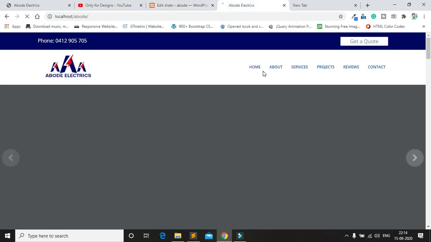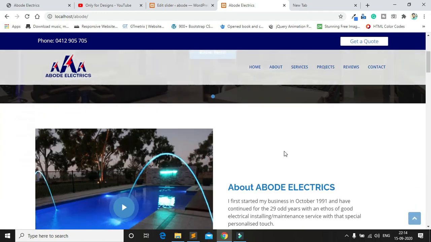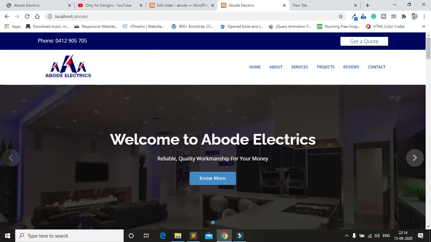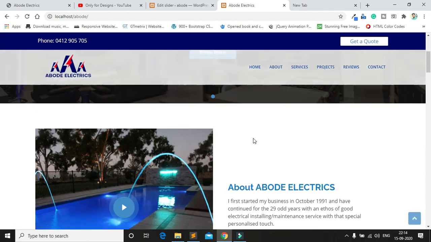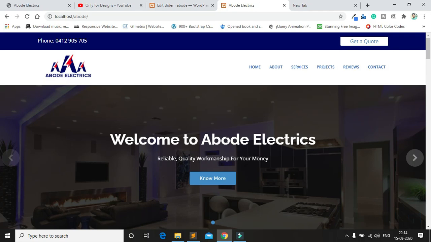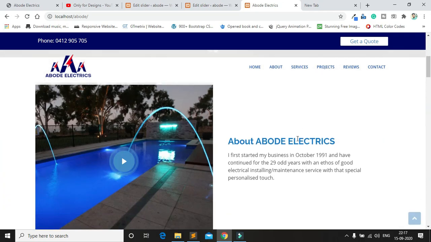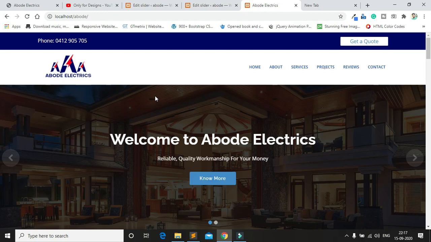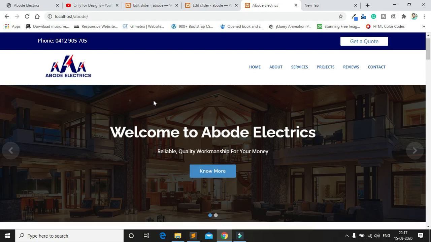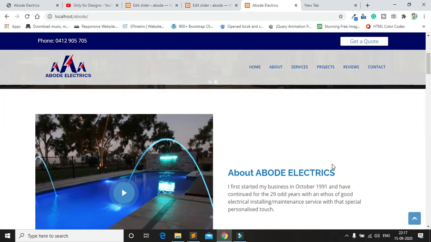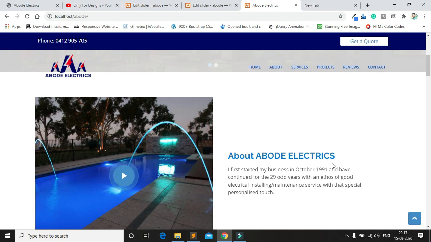Now I refresh here. You can see my slider is dynamic now, okay. So I've done the slider part also. So now you see I made the slider dynamic. Now I end this. Now I close.